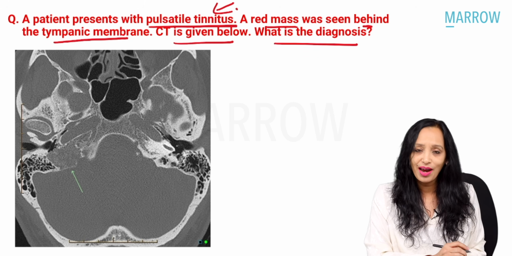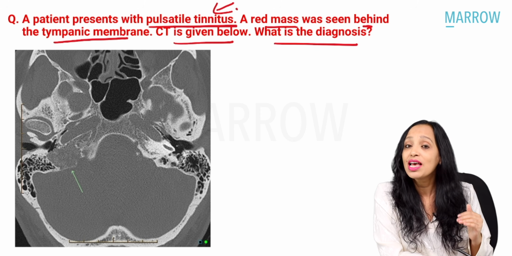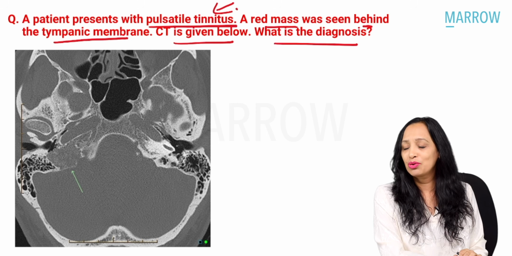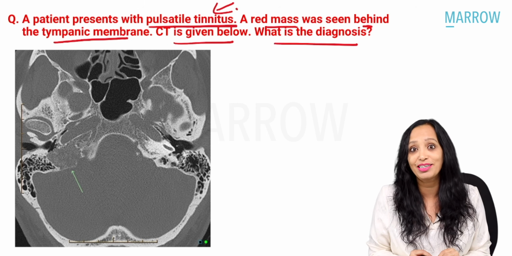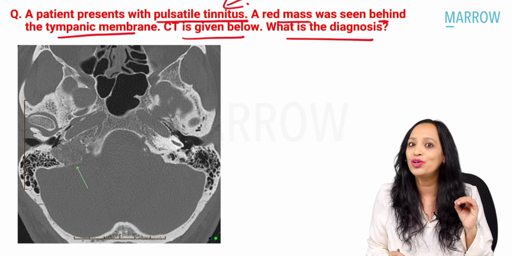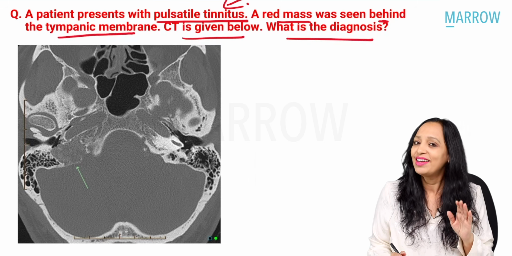Yes, so in the diagnosis, we know it is glomus, but in the choices, glomus tympanicum and glomus jugulare are both given. Which means that we need to see the CT and find out whether it is tympanicum or jugulare. So, what is the area of interest? Where should we look in the CT? Before that, let us see